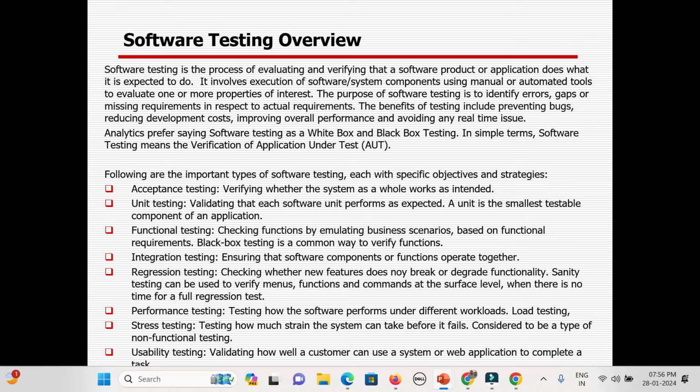There is another concept: whenever you are working on a project, there might be some methodology. What is the methodology? How you want to complete your project work. Previously, a few years back, only a couple of methodologies were available, called the waterfall methodology. What is the waterfall methodology? Your development work will complete first. After that, it will be handed over to the testing team, then testing will happen. But it has been noted that in the waterfall methodology, at least more than 30% of projects were unsuccessful. Why?